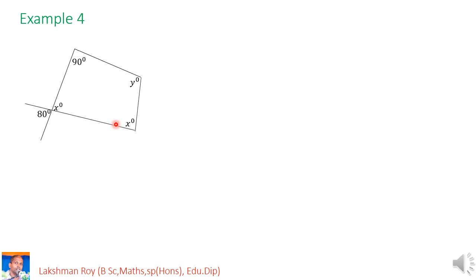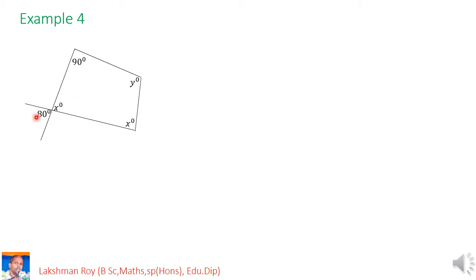Now you can also see here x is unknown and also y is unknown. So there are two unknowns. What are those? x and y. So I want to find two unknowns. You can see here a nice one. What is a nice one? This is a straight line and this is a straight line. Two straight lines intersect at this point, then form